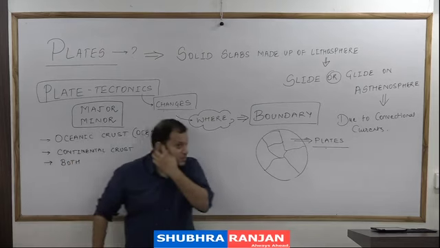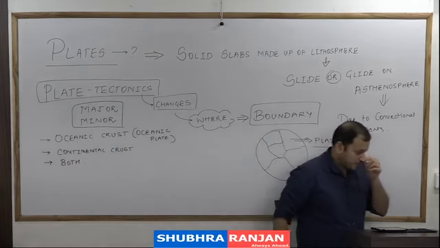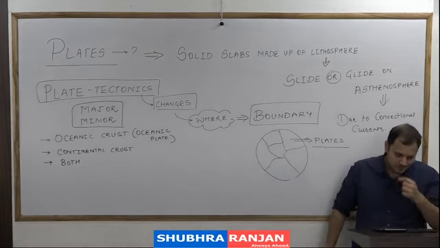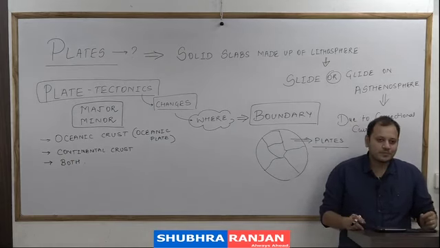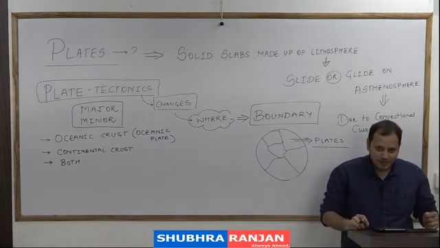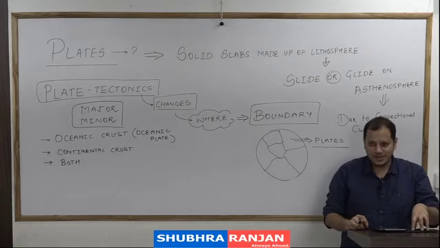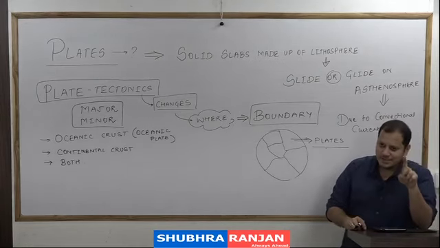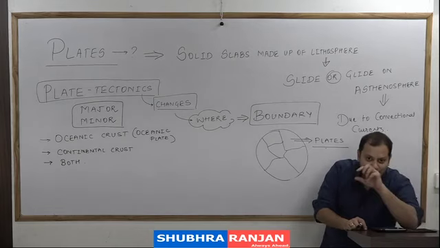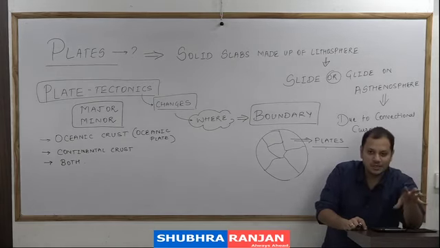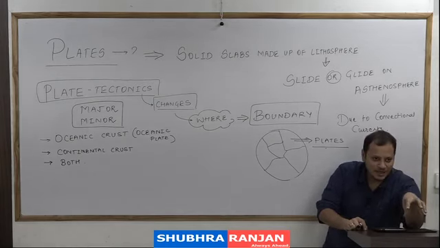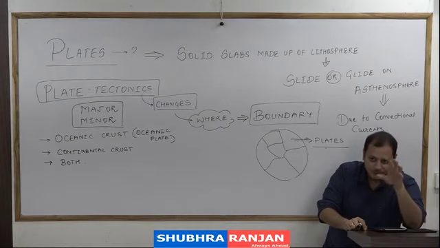And next, Indo-Australian plate. Can I say Indo-Australian plate? Some part is oceanic, some part is continental. But you will see continent only at its edge, most of the part is oceanic. Below India it is oceanic, and around Australia too it is oceanic in nature. Only at the boundaries it is continental.